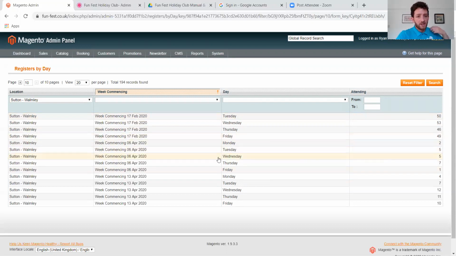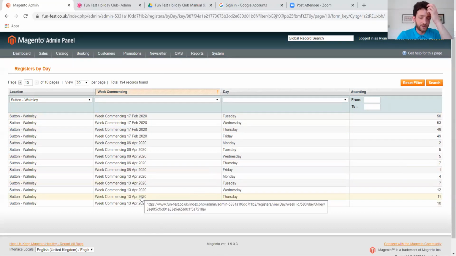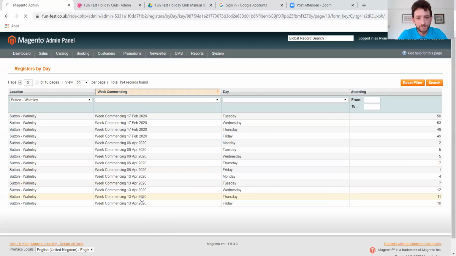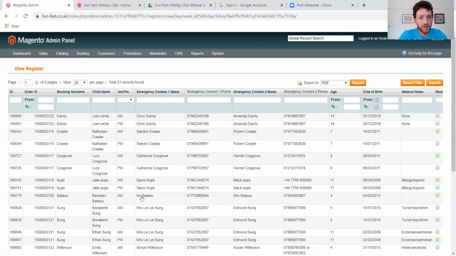Okay, we can see the 4 columns here. You've obviously got the location of the club, week commencing, and the day. So let's have a look at the Thursday, second last day over Easter for me. I'm going to click on that row, and that will then open up a register. So we can see here